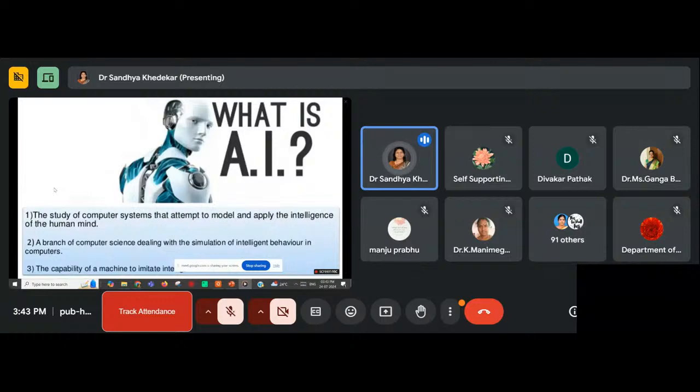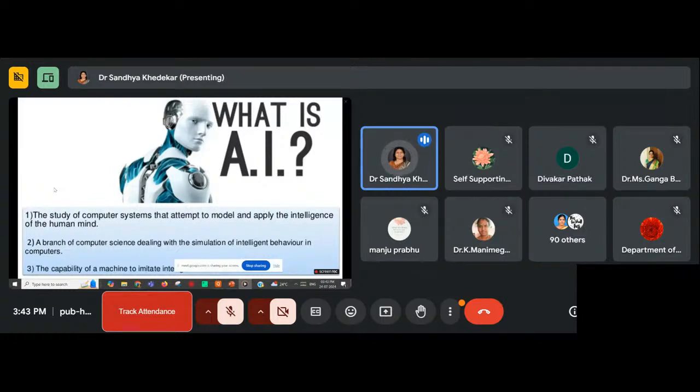It is the study of computer systems that attempt to model and apply the intelligence of the human mind. Let me give you one example. Nowadays in our homes we are using the Alexa device. What Alexa does is identify the human voice and reply. That means artificial intelligence is used in Alexa to identify the human voice.